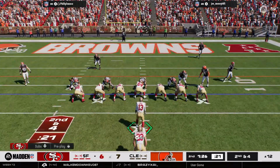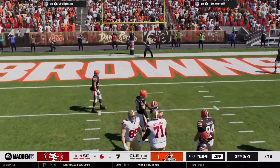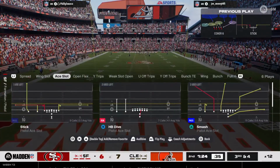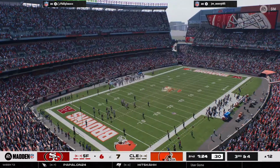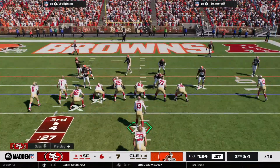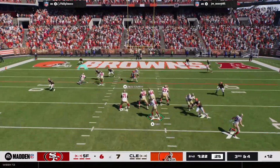Here now, 2nd and 4. Purdy. Now a quick throw there, but it's going to be incomplete. I really like what I'm seeing from this defense because their coverage has been playing at a shutdown level so far. Even backed up late, they're forcing incompletions and fighting to keep them out of the end zone as the first half winds down. Well, they were handed great starting field position on this drive, but now they face a 3rd